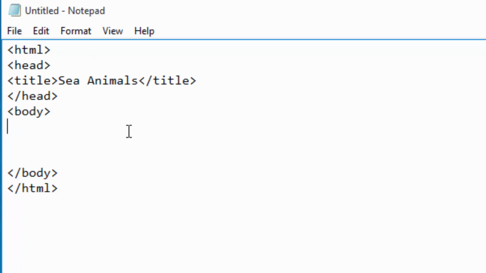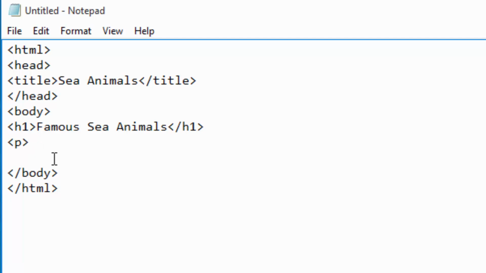I will come inside my body part of the page, have my heading, Sea Animals. I can close that. I can even add another word here, famous sea animals. Below it, I want